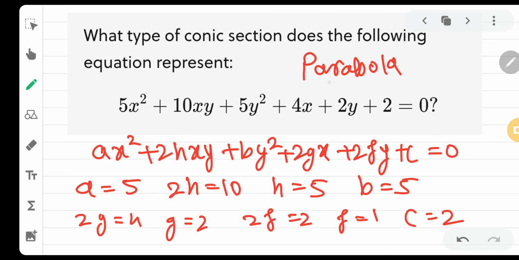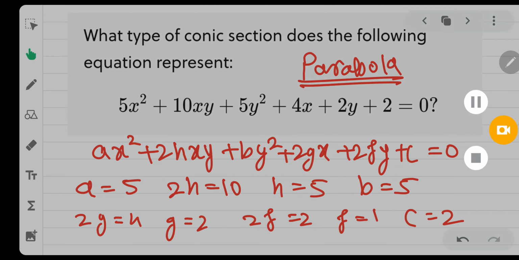Now just tell me, just by looking at this equation, would you have guessed that this is a parabola? Definitely not. Because the general intuition about parabola is what? That it has only one square term, either x square or y square, but over here both terms are squared, x square also and y square also. That is why people feel it is wrong. But it is a parabola, and I will show you the graphing of this particular conic section to make you believe that it is a parabola. Just give me a second.